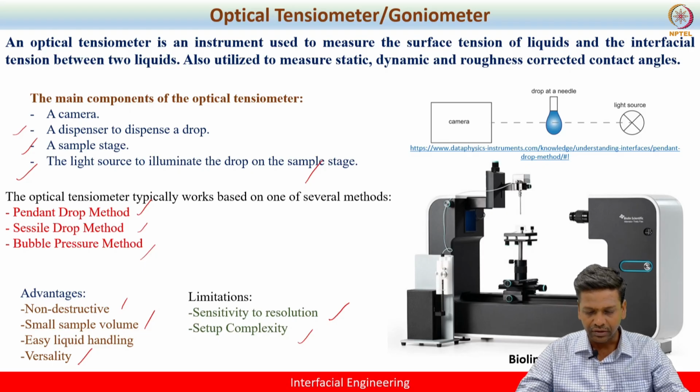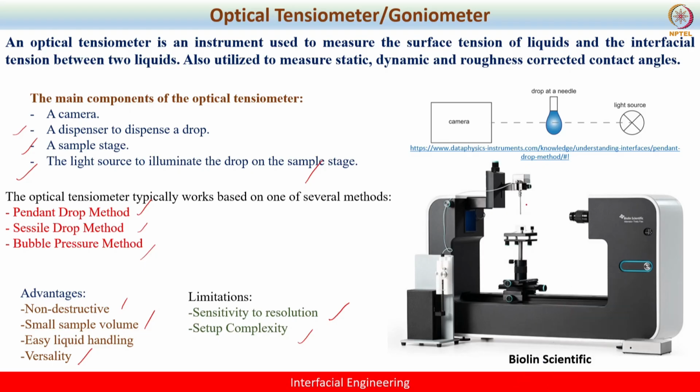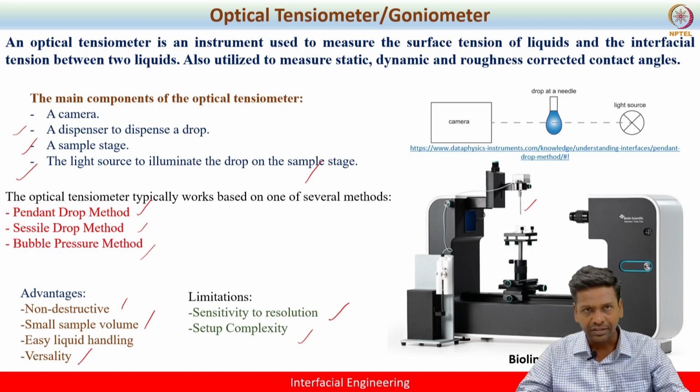So you can see here, there's a syringe kept over here. This can be operated manually also or automatically, okay? In some of the latest optical tensiometers, you also have an additional module called the pulsating module, using which we can generate surface pressure versus area data, which will help us perform the interfacial rheology analysis,